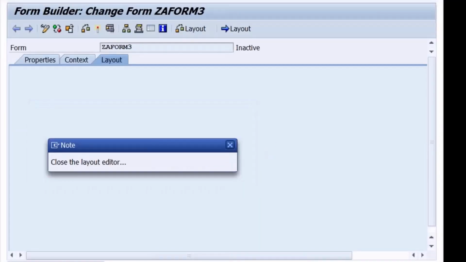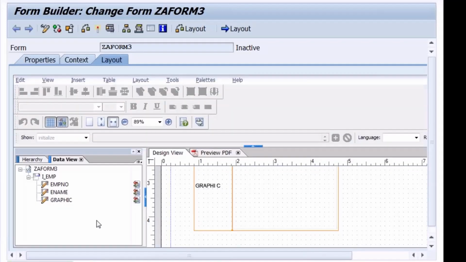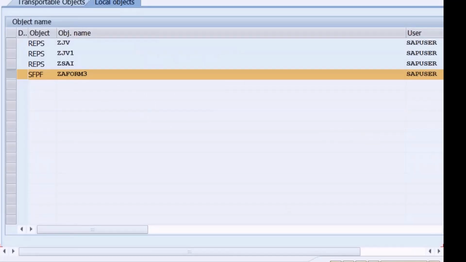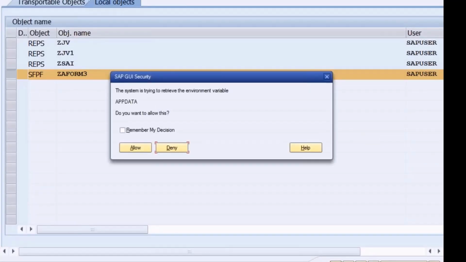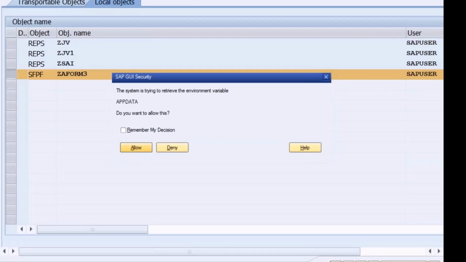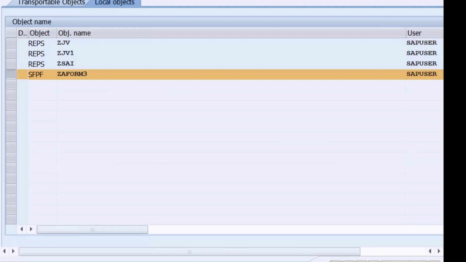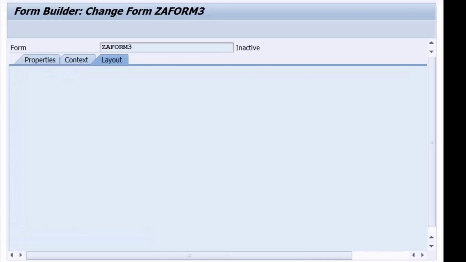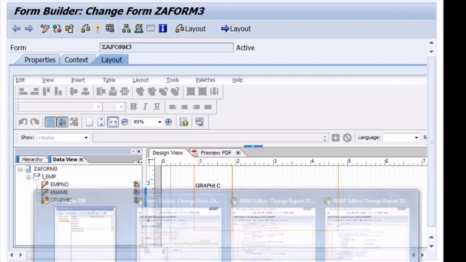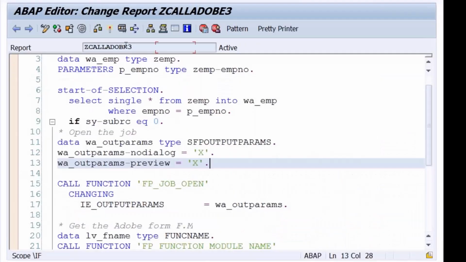Let me close this once. Okay, let me activate this. Yeah, it's activated. Let us run the program now.